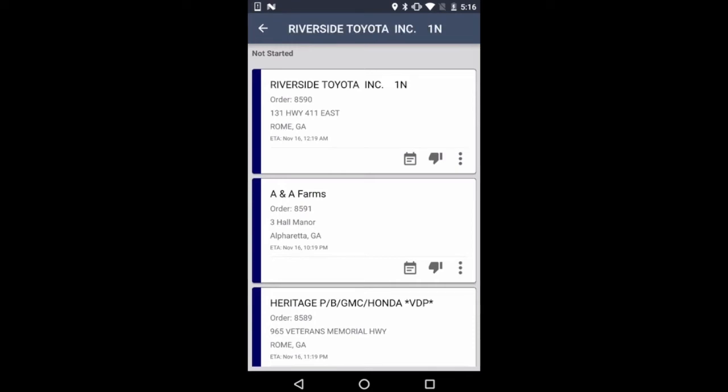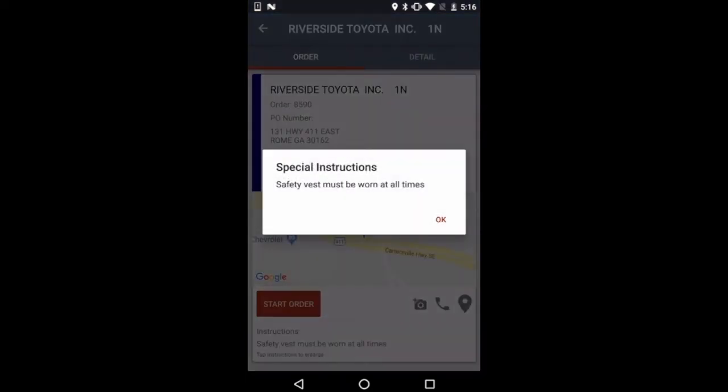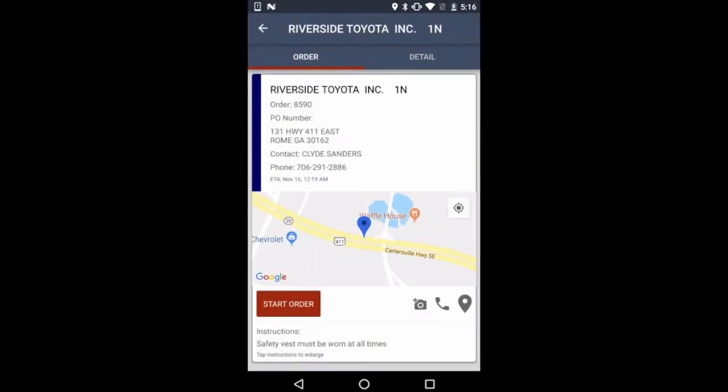So I'll go ahead and tap the first delivery. There's instructions that the driver has to acknowledge before he can open the order. He can see the location on a map. If you have commercial maps enabled, we actually will navigate using the commercial profile of the truck, both the hazmat, the weight, the height, etc. So I can start this order,